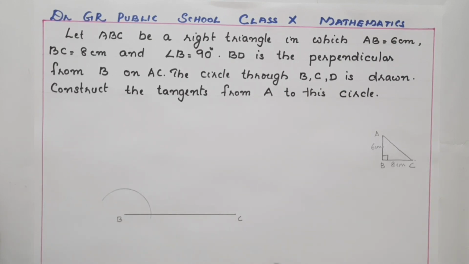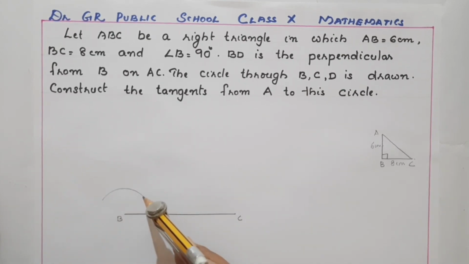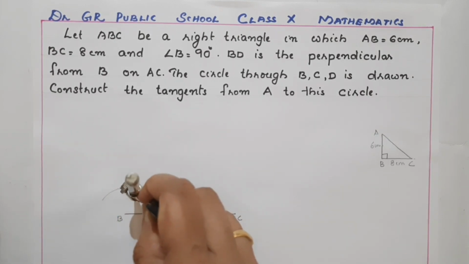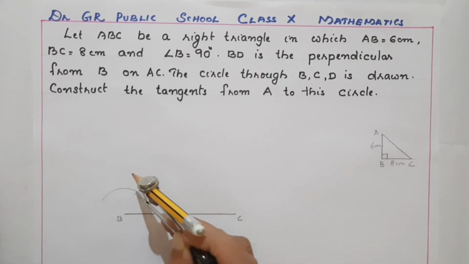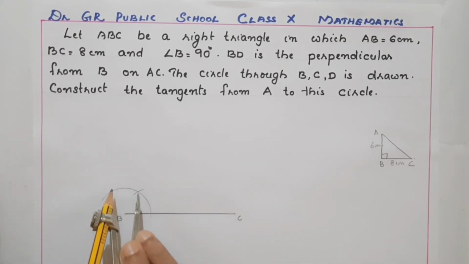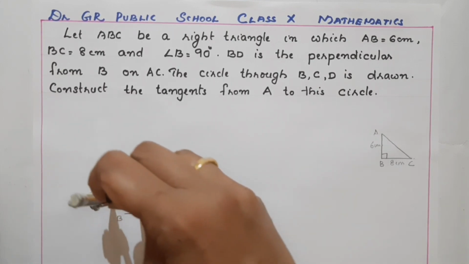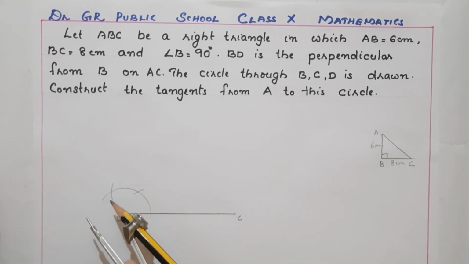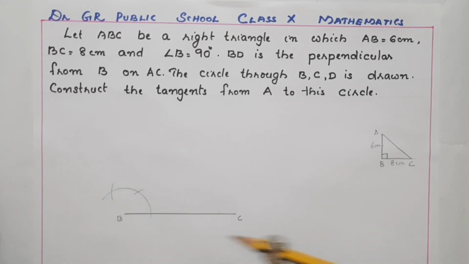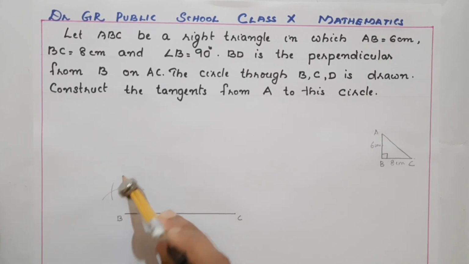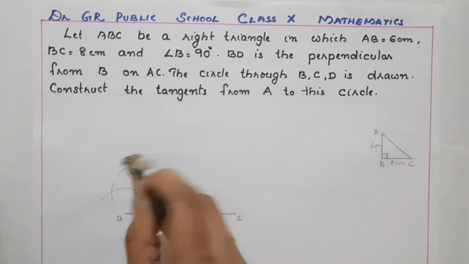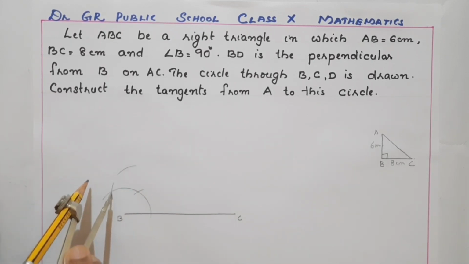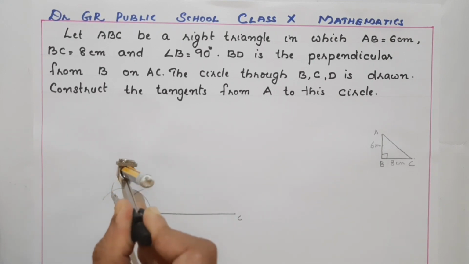Then without changing the radius, we have to draw the arc. Fix the compass here. And this arc is for 60 degree. And this one is for... Fix the compass again here. Then this is the 120 degree arc. Now we have to bisect this much to get 90 degree. So again I am fixing here, one arc, and with the same measurement from the 120 degree point another arc.